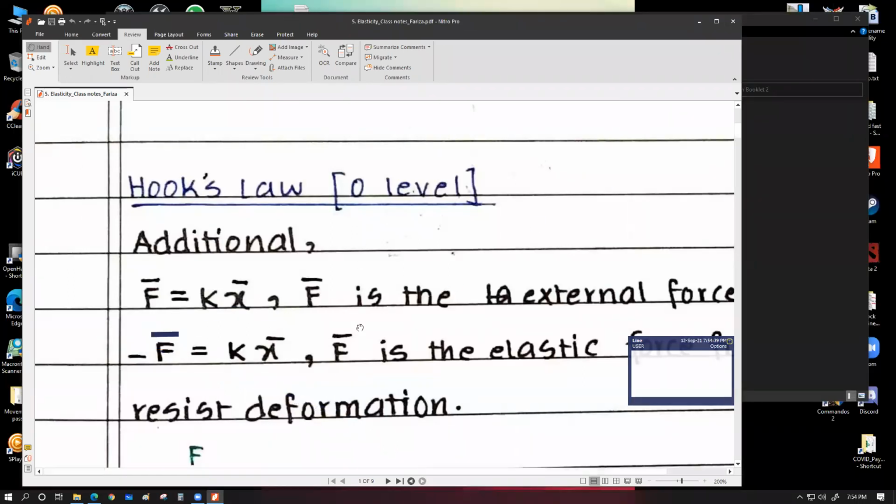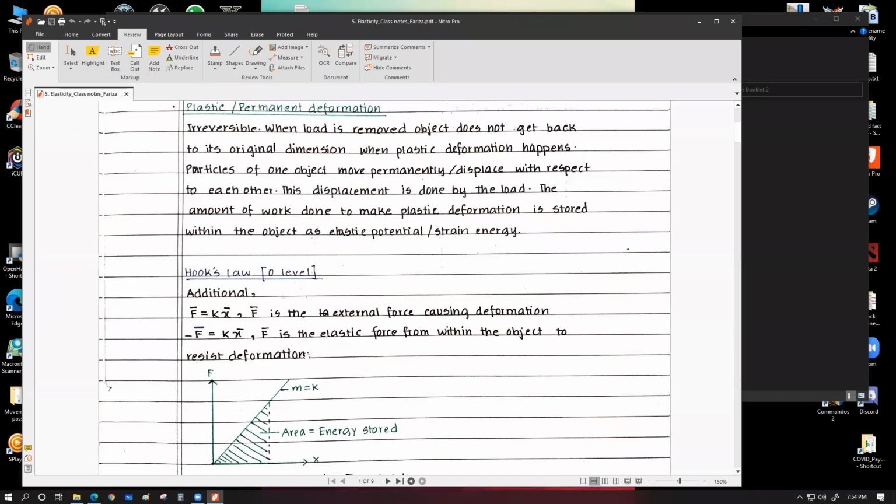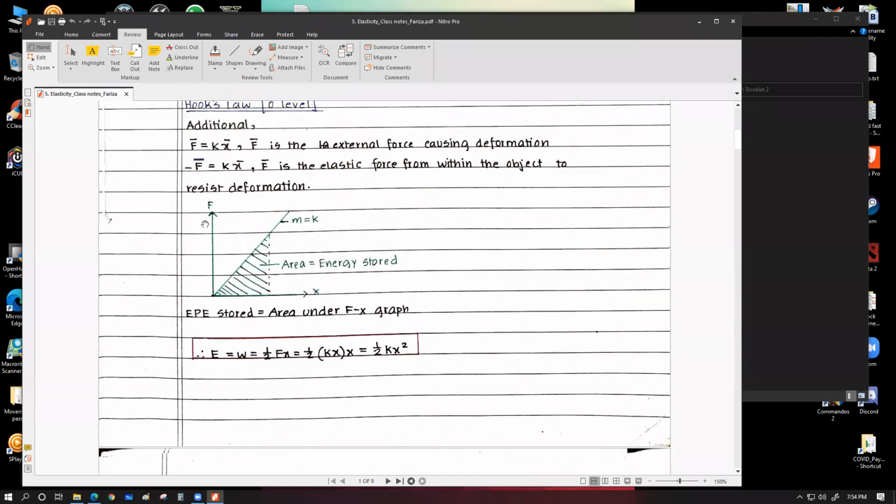And yes, so if it goes to kx, here f is also a vector quantity, so this is what we get if we apply it for our deformation force. And then we have the graph of elastic graph, f into x graph. This is drawn for a straight line which is representing the deformation is only represented for the elastic region of the deformation. So for that region, the force versus the extension graph will be a straight line that passes through